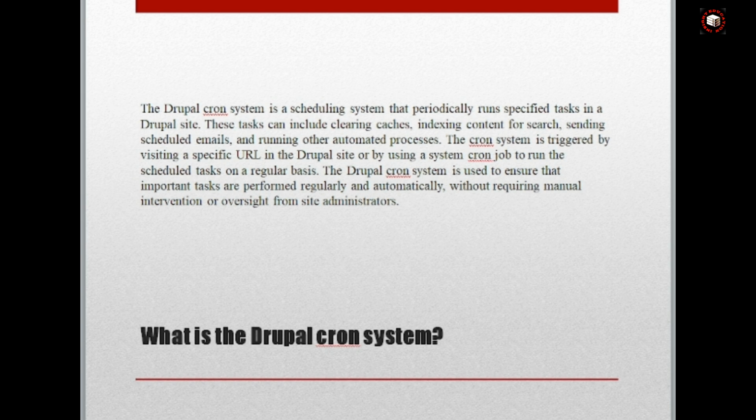What is the Drupal cron system? The Drupal cron system is a scheduling system that periodically runs specified tasks in the Drupal site. These tasks can include clearing caches, indexing content for search, sending scheduled emails, and running other automated processes. The cron system is triggered by visiting a specific URL in the Drupal site or by using a system cron job to run the scheduled tasks on a regular basis. The Drupal cron system is used to ensure that important tasks are performed regularly and automatically without requiring manual